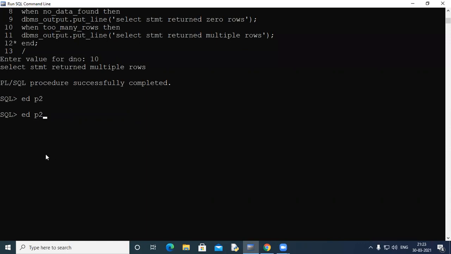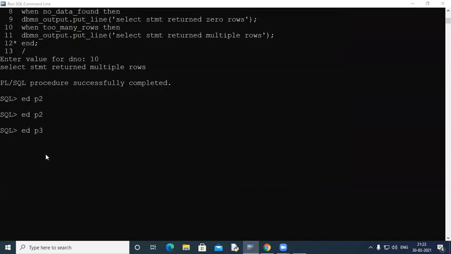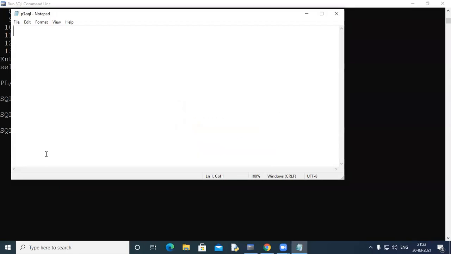So let's write a new code. We are using an explicit cursor. It must be declared in the declare section, and its syntax is like this: cursor, then some cursor name, say cursor Z1 is, and then it should be followed by a select statement.